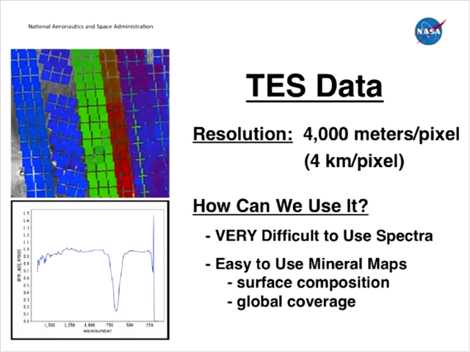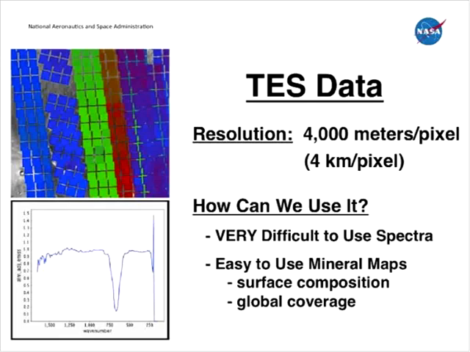Now, how can you use this data for your projects? Well, first off, these squiggly lines, these spectra that we get from measuring the darkness or brightness of the surface in all these different wavelengths, are very difficult to use. And so what we've done for your projects is simplified it and made a group of mineral maps for Mars that show you where basalt occurs, where andesite occurs, where carbonates occur. And so you can just go in and look at these maps and see what the results from all these